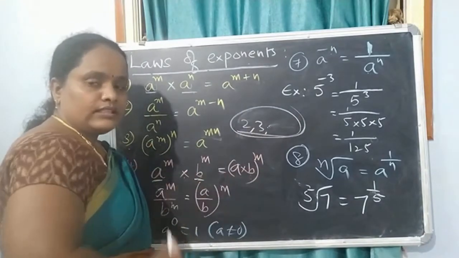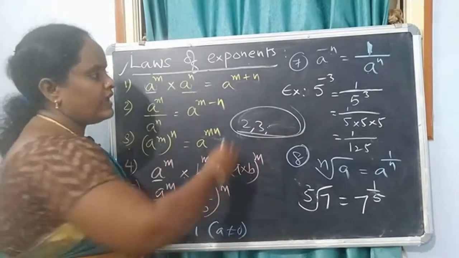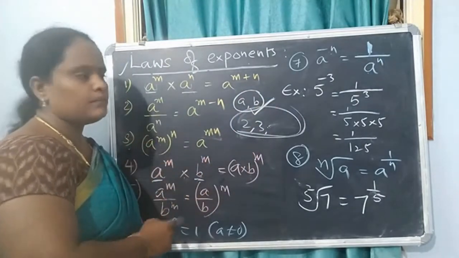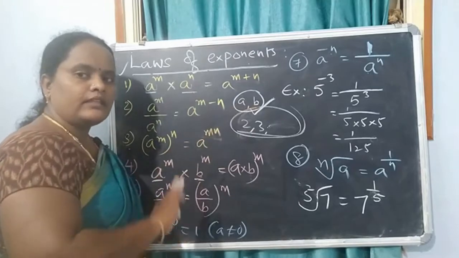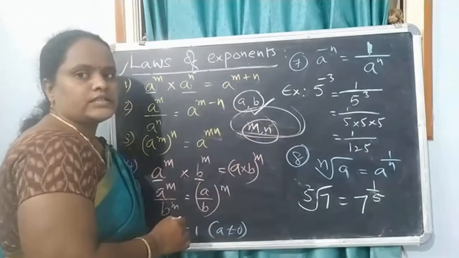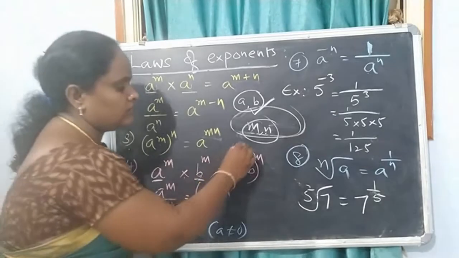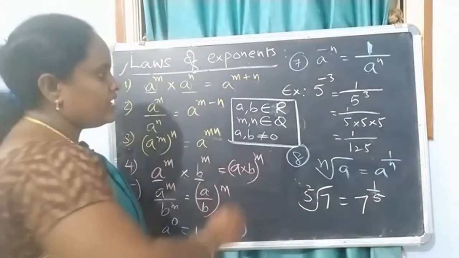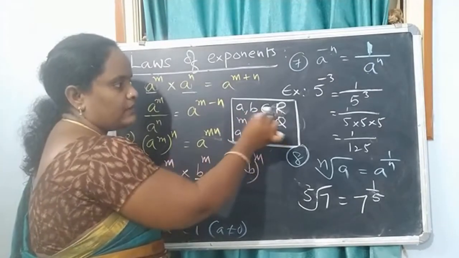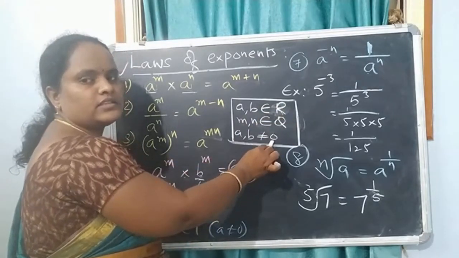So now in this class, we are going to extend these laws of exponents where a and b are real numbers. That means real numbers, both rational and irrational. So the bases a, b can be either rational or irrational, whereas the powers, that is m, n, the exponents, can be rational. Exponents cannot be taken as irrational, and the a, b not equal to 0 condition is there. So here a, b are real numbers, m, n can be rational only. We are saying a, b are real numbers, but from those we are taking out the 0. So a, b should not be taken as 0. So these are the conditions.